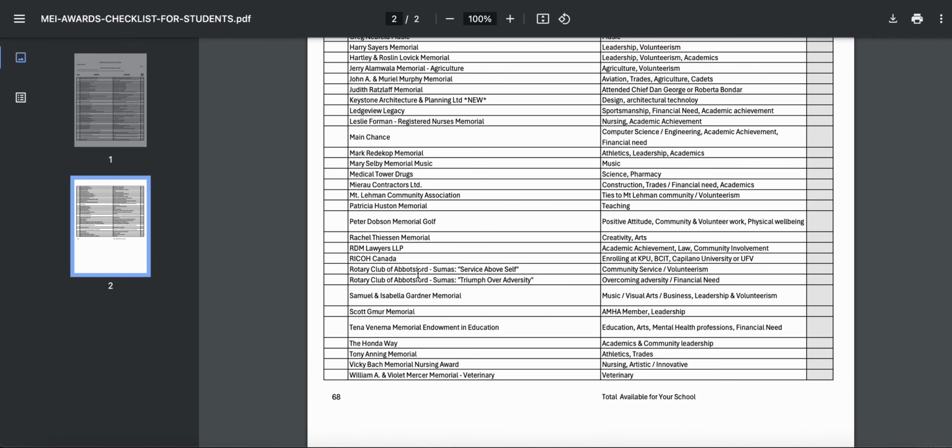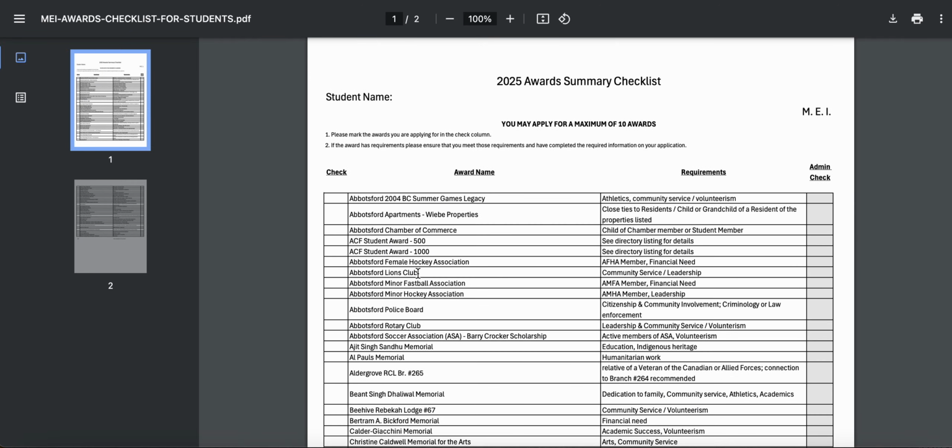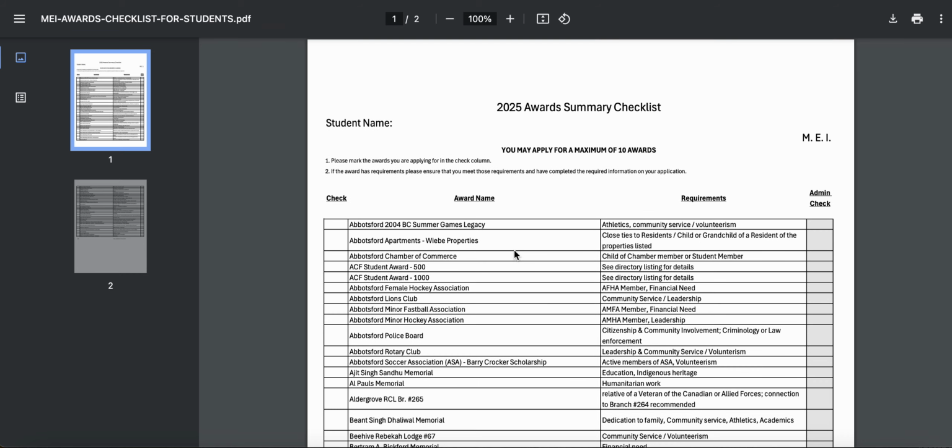So as you can see, there's a lot of awards listed here. So that does mean that it's going to be a little bit time consuming. So please make sure that you give yourself enough time to look through all of the criteria and know what you're applying for. One really important thing, and this is different in the ACF Awards than the MEI Awards, is